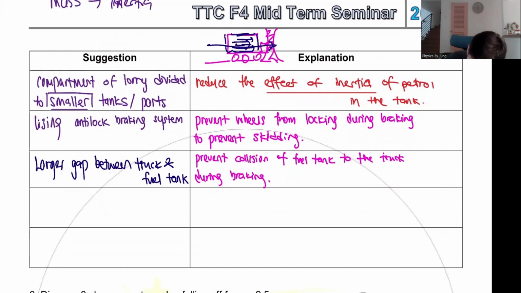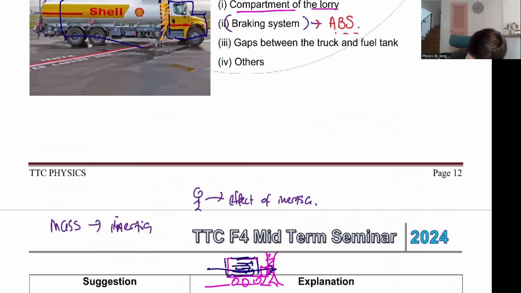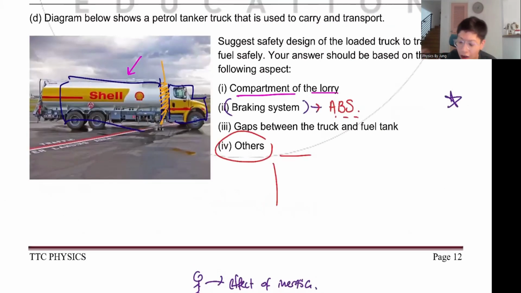Okay. Then lastly, these two. The last two parts, what are they? You're supposed to give me other suggestions on how to make my fuel tank lorry more efficient. Okay, so come on guys. What other things can we say? Wider tire. Okay. Instead of wider tire, because I cannot really change the width of a tire, right? I can't make my own tires, right?